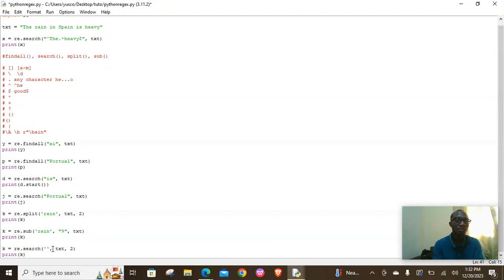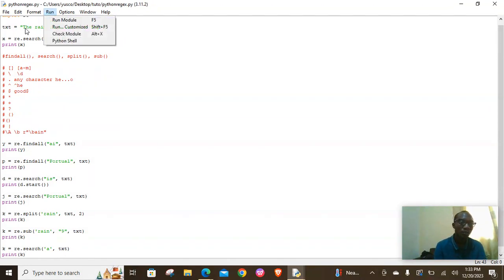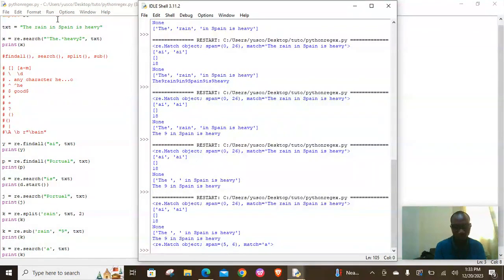Instead of AI, let's search for A in the text. So we search for A in the text. When we run this, at least we have here how many times? One, two, three. So we should be having three. So when we run this, we should have